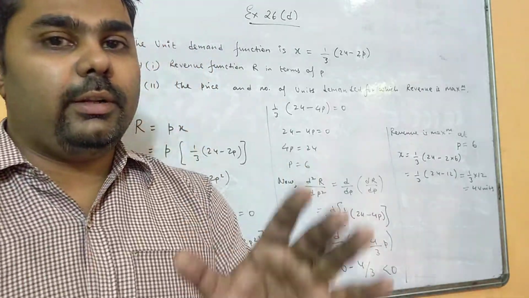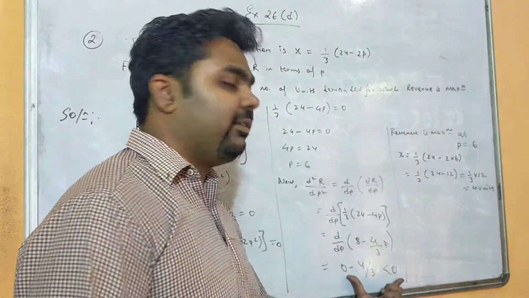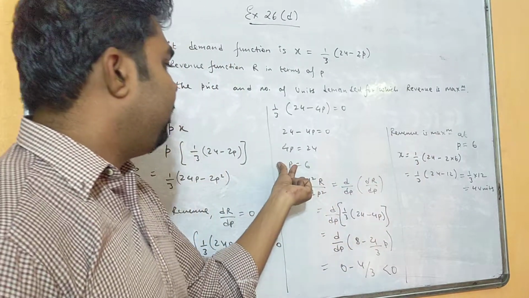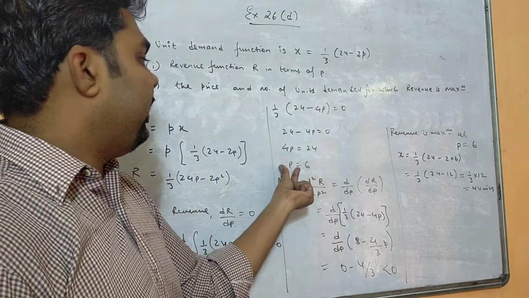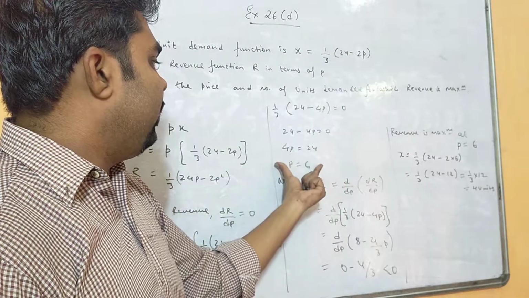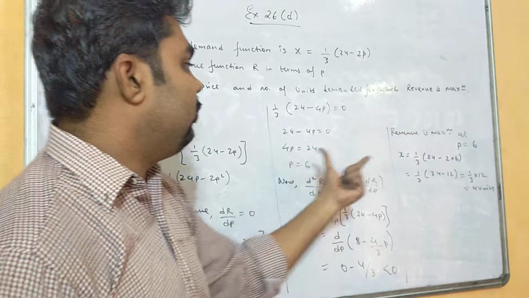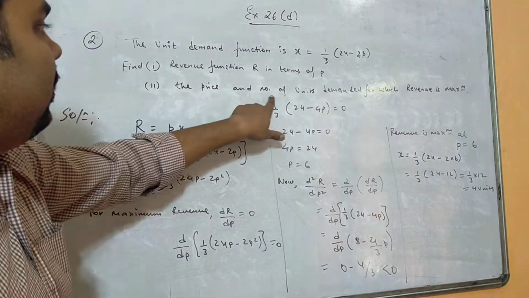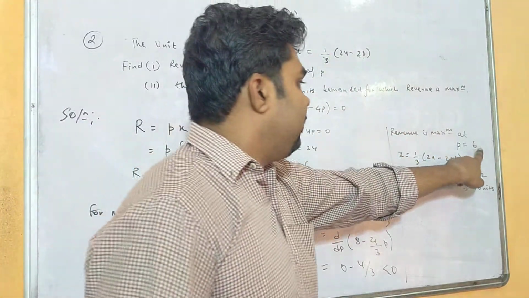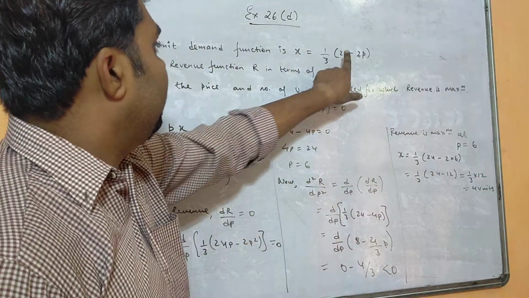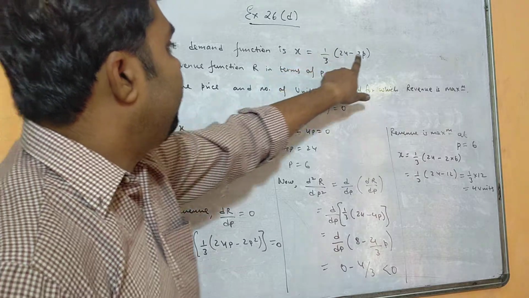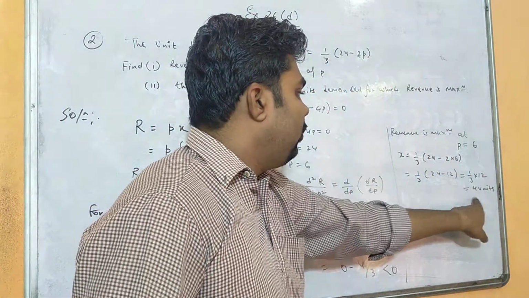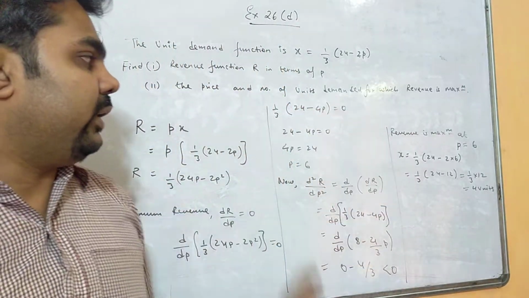Again you see the double differentiation of the revenue function we got negative, that is less than 0. Hence revenue is maximum at price 6, that means at P equals 6. That means here, in place of X we got P equals 6, so at P equals 6 revenue is maximum, right? In the question we have to find price and number of units. So this P value whatever we have got we will substitute in the question. Here we have to get the value of X, so in place of P we will substitute 6. That means 24 minus 12, that is 12 by 3, or 4 units. So this is our required answer.